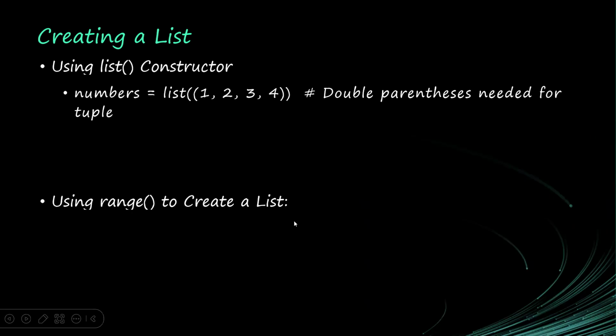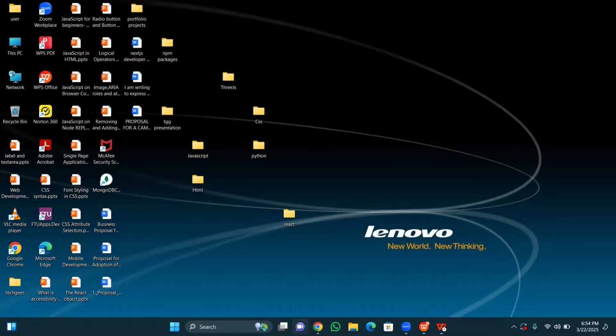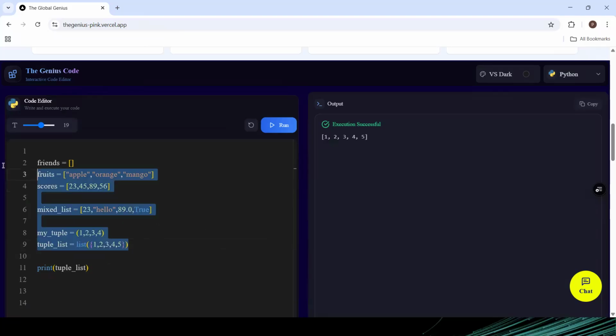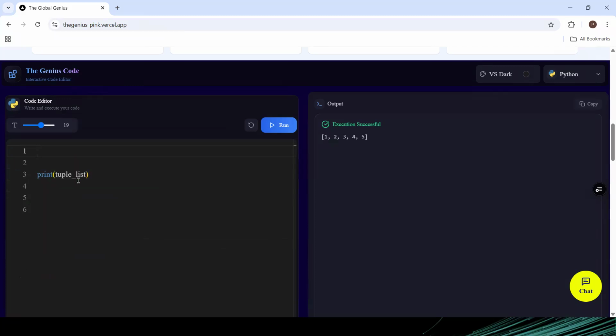Then another way of creating a list is using the range function. Using the range function, let me show you what this range function actually does. So basically, I'm going to take everything out here, and I can just say range. Okay, I'll say range between 1 and 10. Give me between 1 and 10. So if I print this, I'm actually going to get, okay,